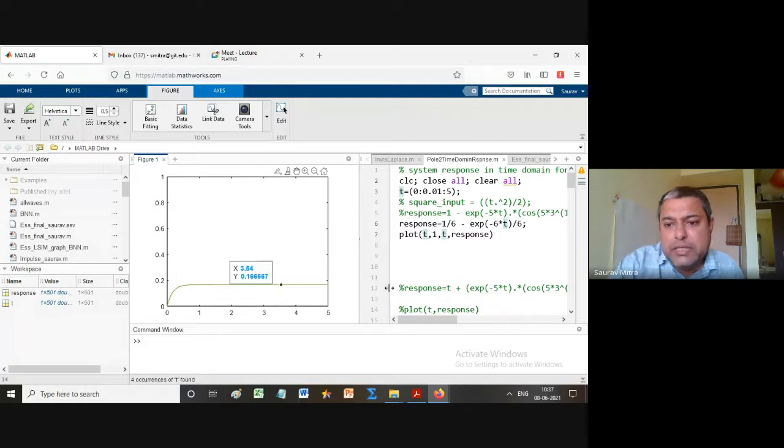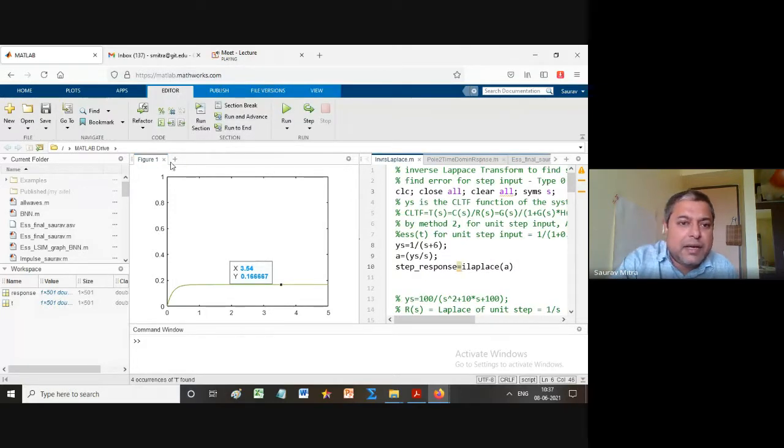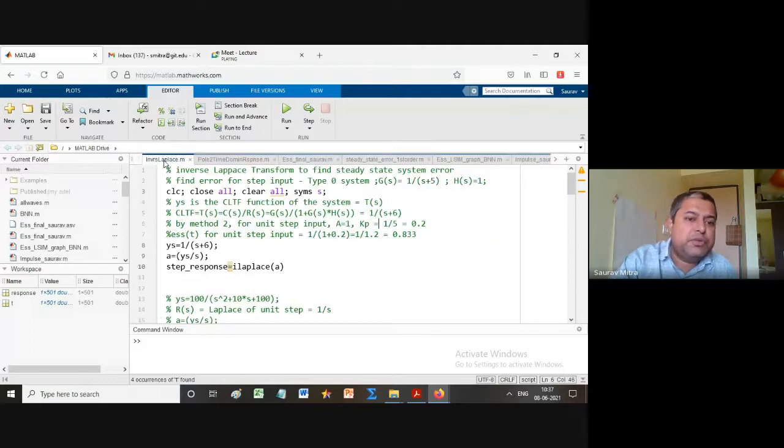Next, we will find the same thing, but the error for 5 into unit step, or let's say 3 into unit step. So the same thing I will do here. A is equal to 3. So what I'm doing is for 3 into unit step. A values and all those things, if you are not able to understand, I will show you that.